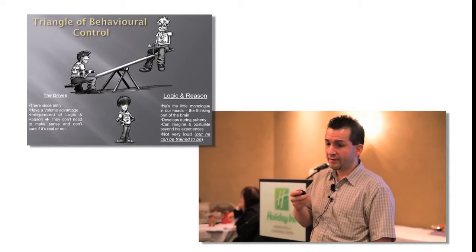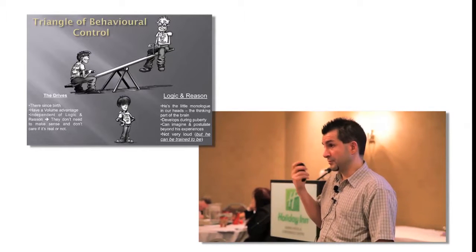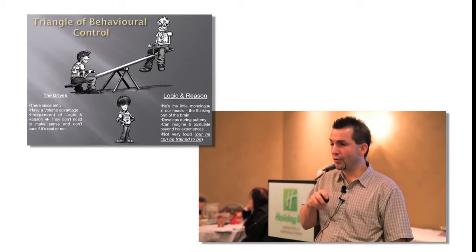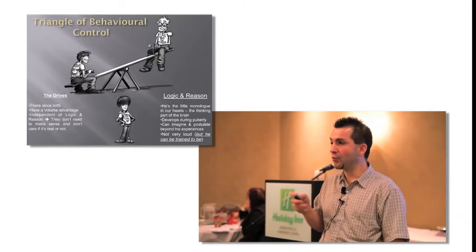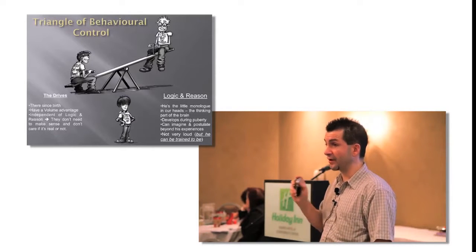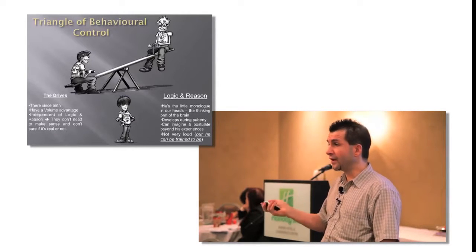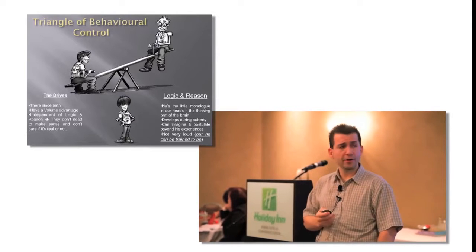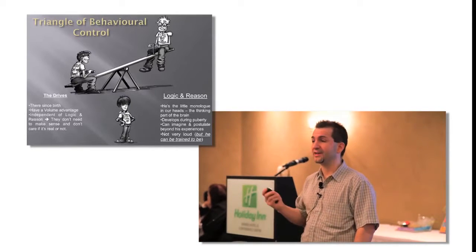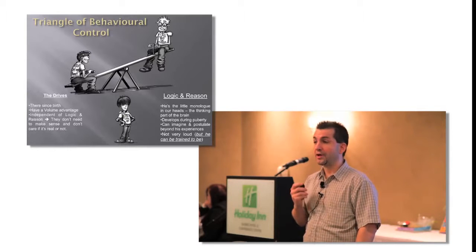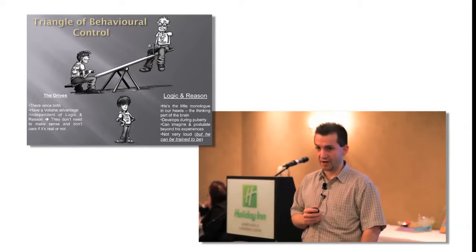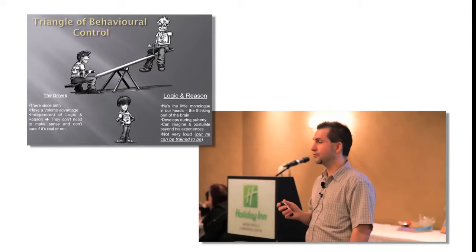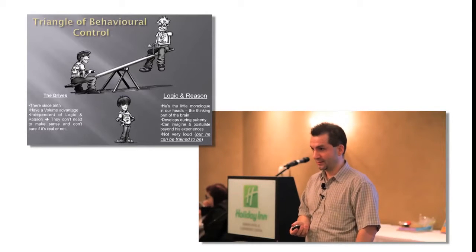But we have no control over them. We cannot tell them what to do. They are independent of us. And I use that us concept because the third part of the brain that plays a role in behavior in adults, but not in children, is the thinking part of the brain, the logic and reason center of the brain.